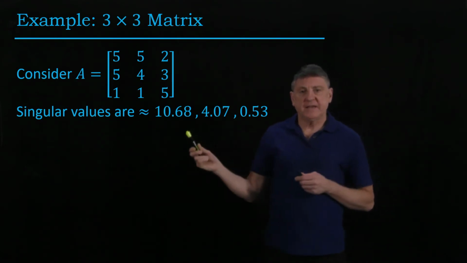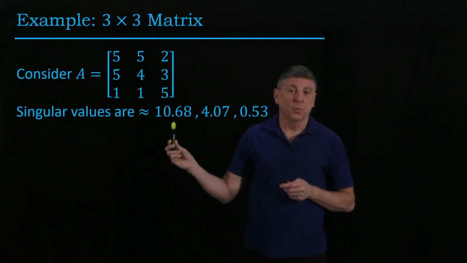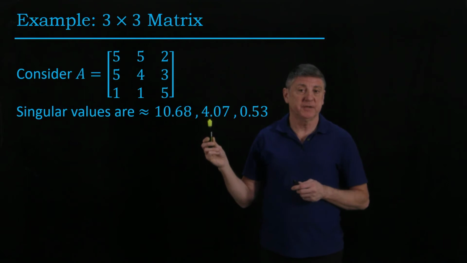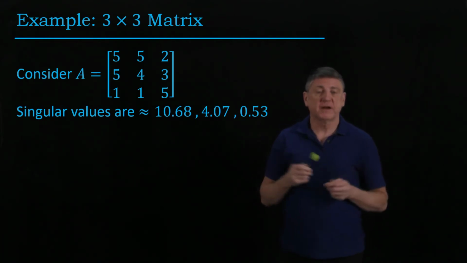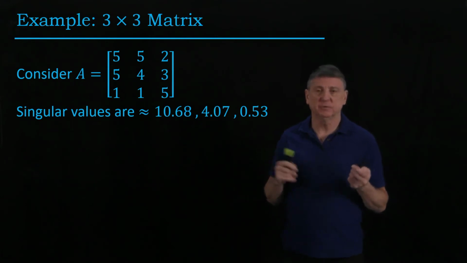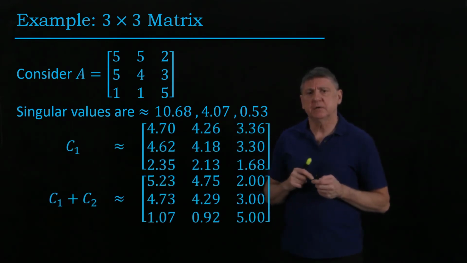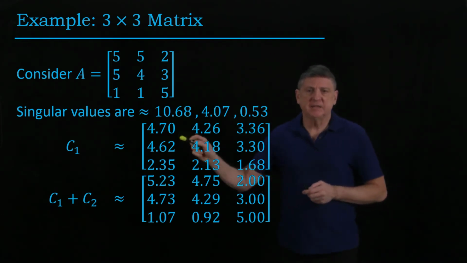And what that suggests is that I could either have a rank 1 approximation to the matrix or a rank 2 approximation to the matrix, and going for a full rank approximation probably isn't really needed. Well, let's do some computations. When I work this out, what I get is that the rank 1 approximation is this, and the first entry